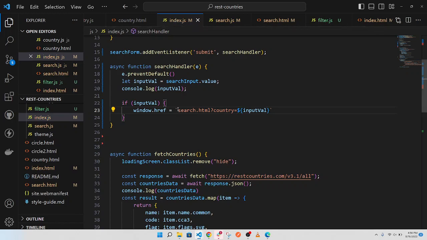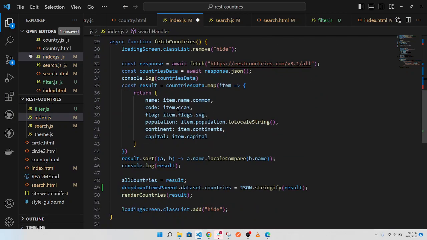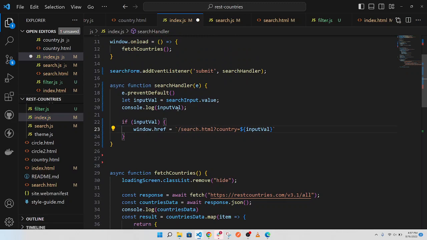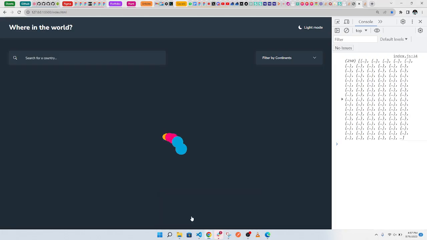Do I need a slash in front? Let me see. There's a place that this thing was used. Or do I add the localhost? Yeah, if I use